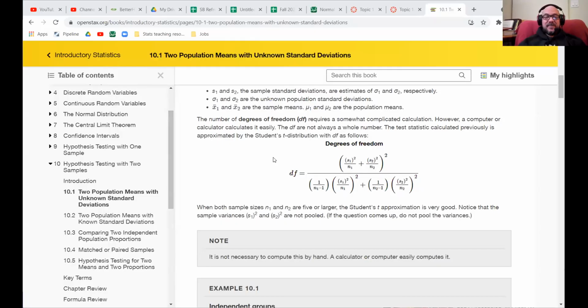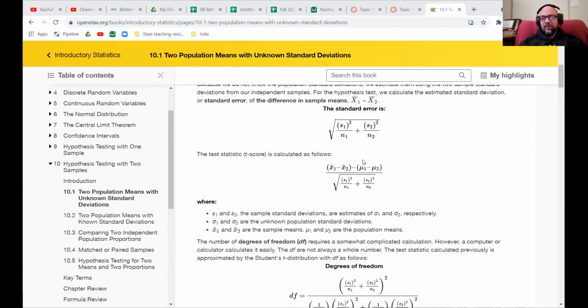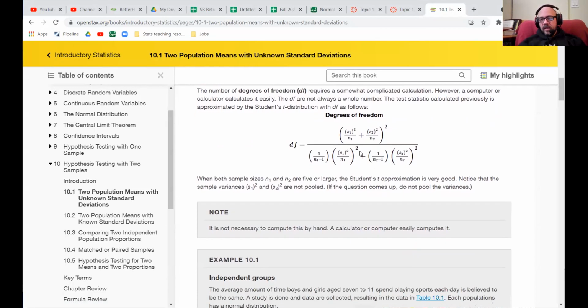Oh, wait a minute. Pointing at it on my screen. Here, it's this. So it's in chapter 10, first section. Here's the formula for you. So this is the thing that I was just showing you, the T-score formula for two samples. This is the formula to calculate the degrees of freedom, and it's a weighted average of the degrees of freedom of the two